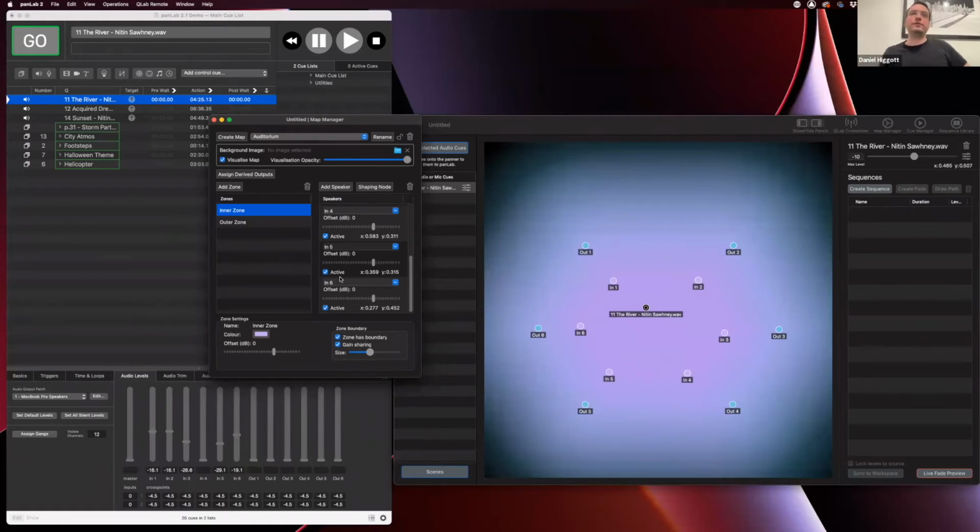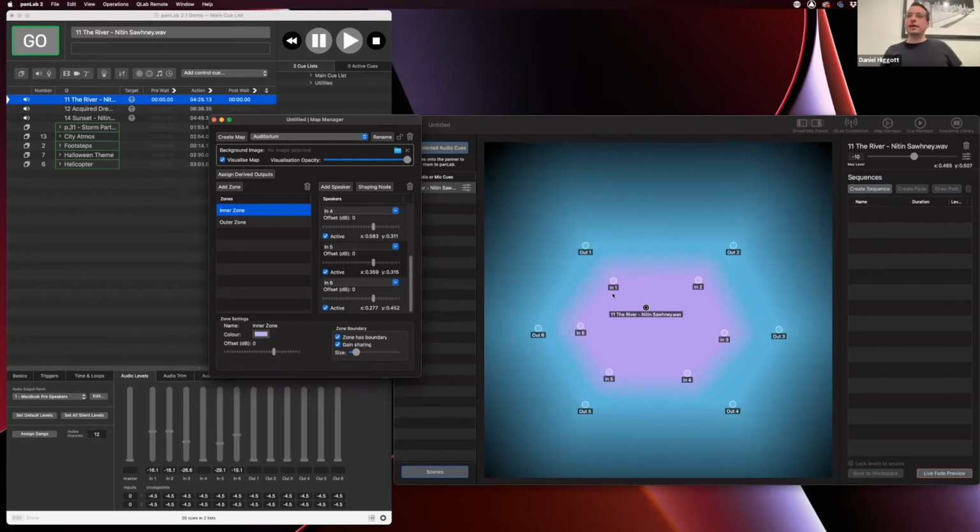And we can change the size of the zone boundary right down here. So we select the zone we want to modify, and then we can just change its boundary size by dragging and making that a bit smaller. And you can now see that this kind of light pink color doesn't extend as far out, and we have more of this light blue color